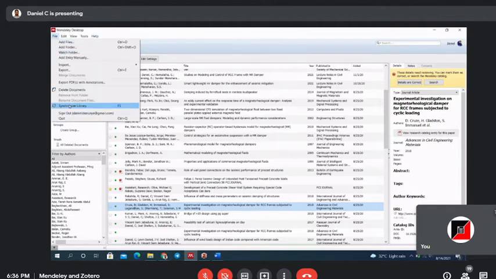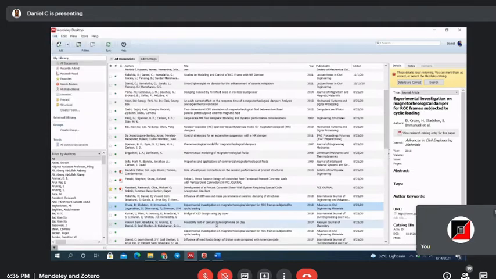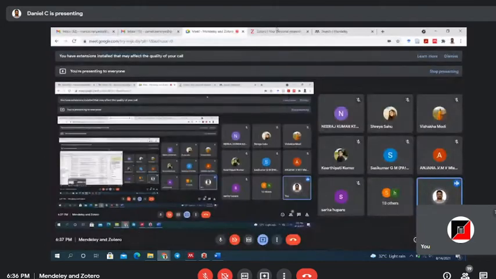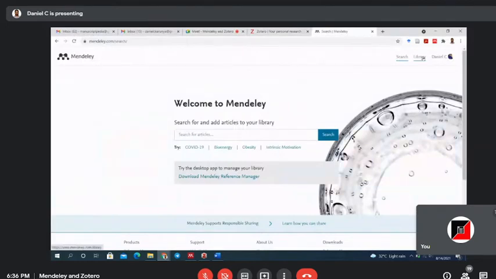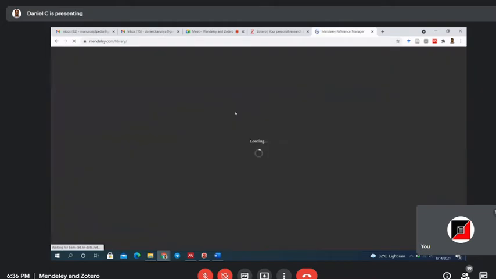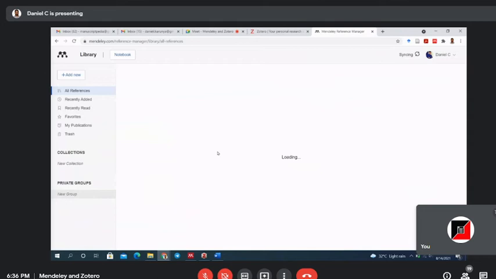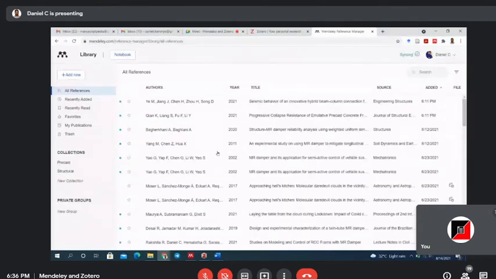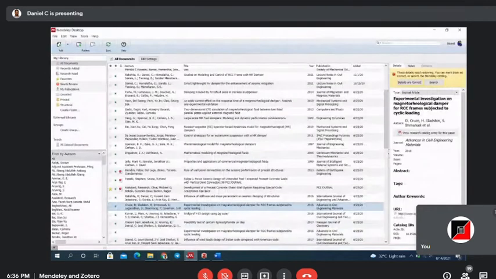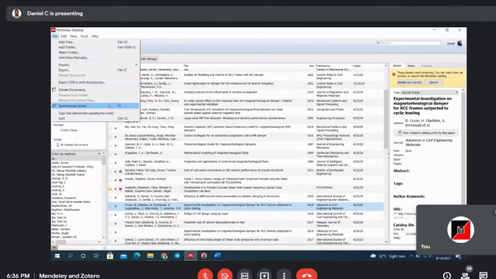See here, synchronizing library. The shortcut key is F5. Sometimes on this website, a few researchers will be adding many articles to the library. But in some cases, when you are searching for referencing or citation purposes, you will not be able to connect with those articles. In that case, immediately go to this desktop option. F5 is better. F5 synchronizes the library, just click it and it will be synchronized.